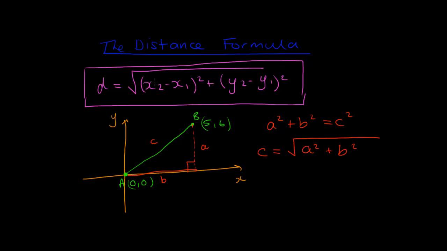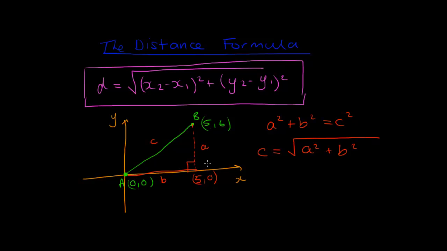And all of a sudden, hopefully you can start to see that these two things look quite similar. This a squared kind of looks like this x2 minus x1 squared and b squared, etc. Except I actually got them around the wrong way, but it doesn't really matter, because you're adding these two things, it doesn't matter if you do the x's first or the y's first. So, this a squared is the length, isn't it? If I put this as a point, obviously this is 5 across and it's 0 up. Look at my 2 points. If I want to find